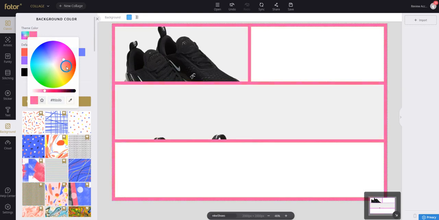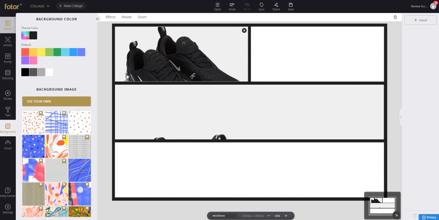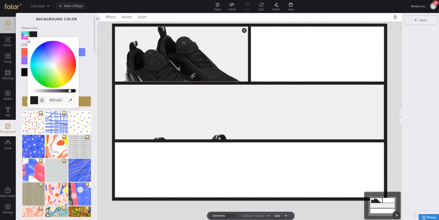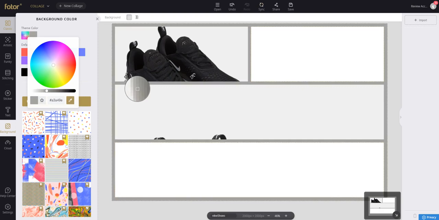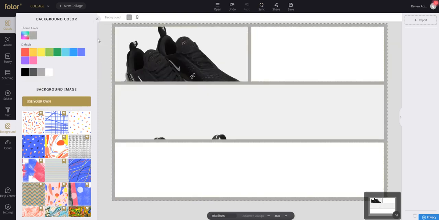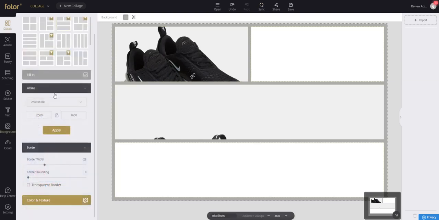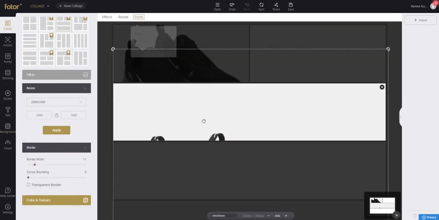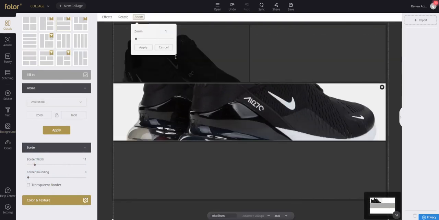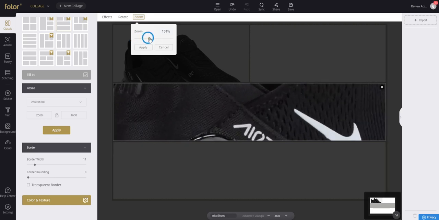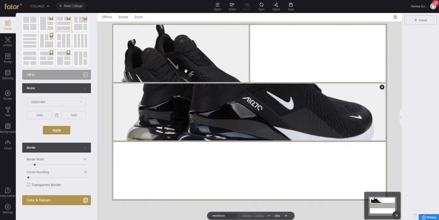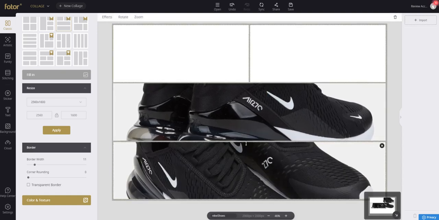If you don't like the color itself, you can still find your own color, or you can use the color picker and pick from the image itself. The color picker is something very interesting in my eye. It's something very useful. You can check the shade here of gray of the image taken from the image itself, which is fine in my eye. And you can start, for example, to reduce the border, and you can play with the image you got. If you don't like, you can zoom in or zoom out, and if you want to swap, just move them. There we go. You want to add some image,